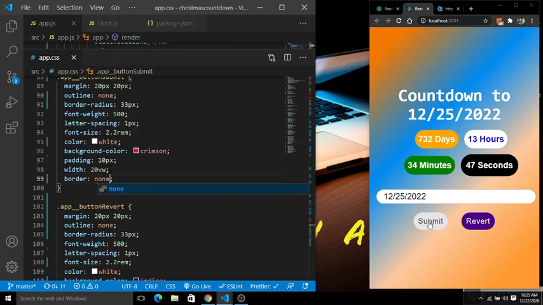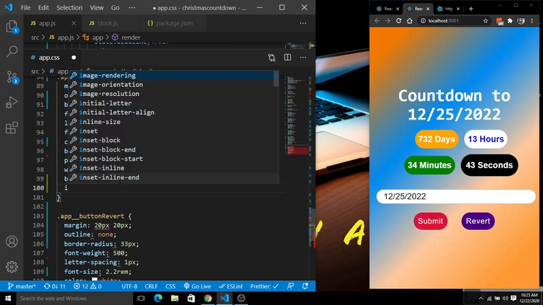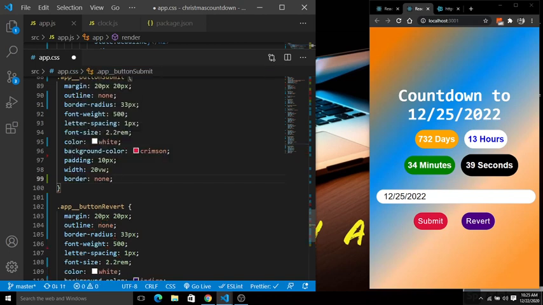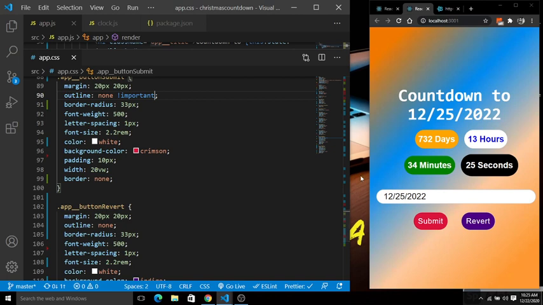Now on clicking you can see, okay, outline width, let's give the outline. Oh yeah, I have given the outline here. So outline of none, and basically put the important here because it will override all this bootstrap styling. So you can see it is now changed.